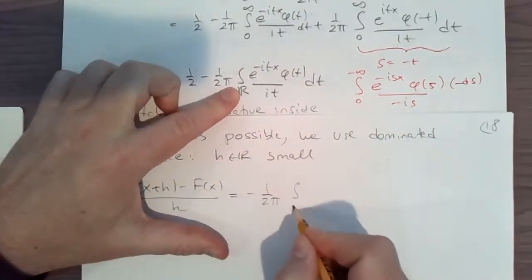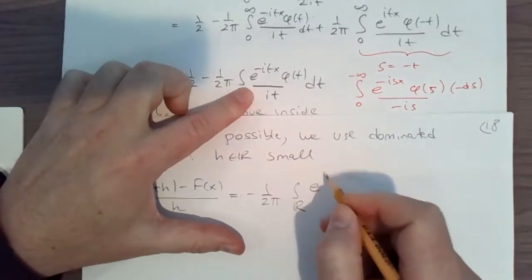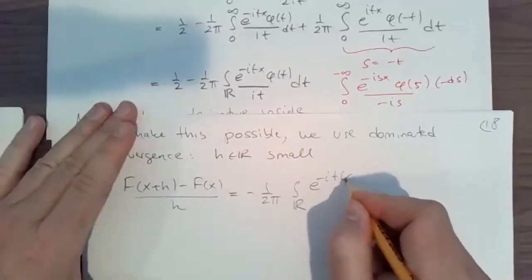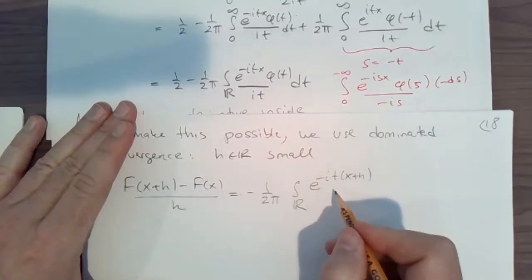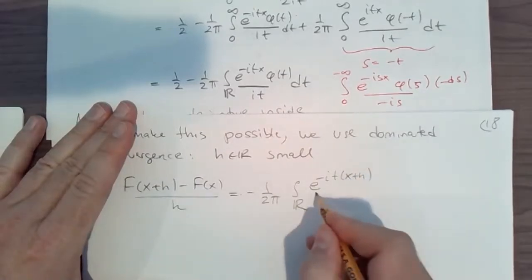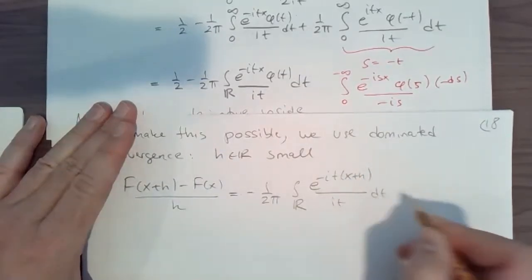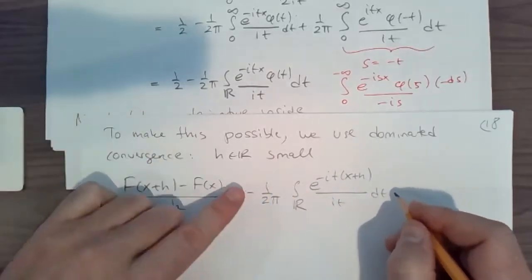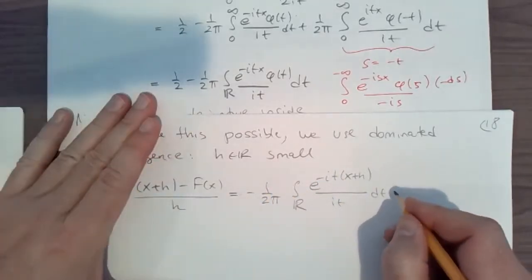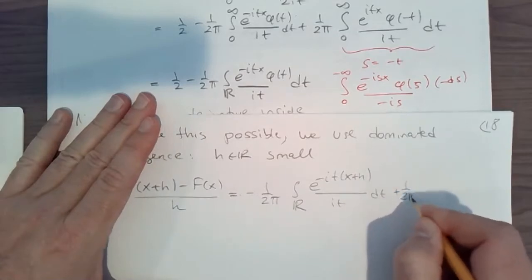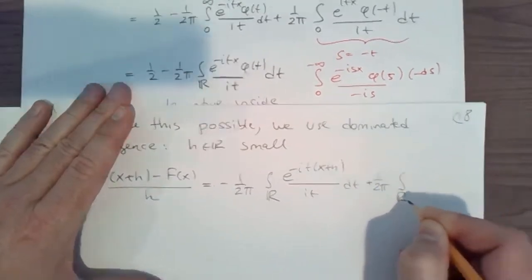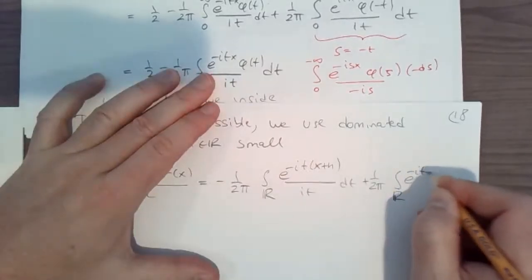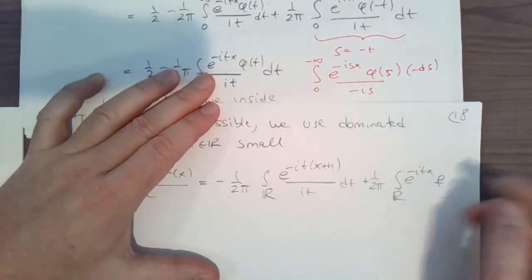Then the first integral, e to the minus i, instead of x, you're going to have x plus h, divided by it, dt, and then minus f of x. So that'll be minus minus, that'll be a plus 1 over 2 pi integral over R, and then you have e to the minus itx